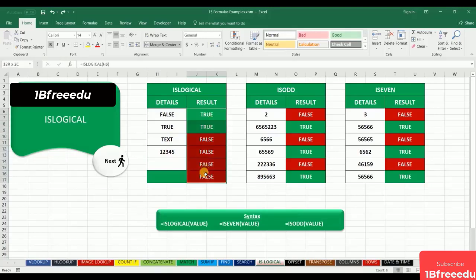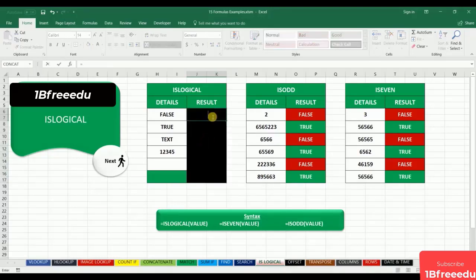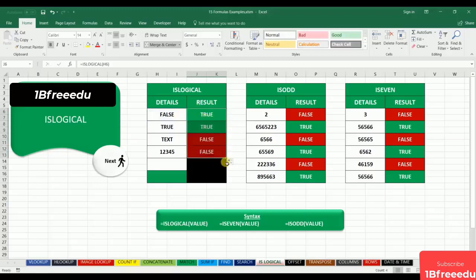Now, let's see how it's done. In cell J6, insert the formula as equal to ISLOGICAL, open bracket, search data, close bracket. Drag and drop the formula vertically. Simple as that. Same as this, in the ISODD and ISEVEN functions, Excel checks if the data available in